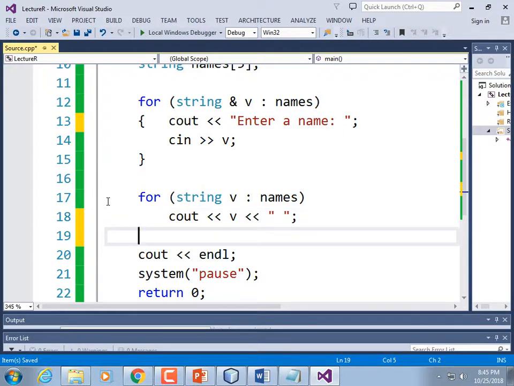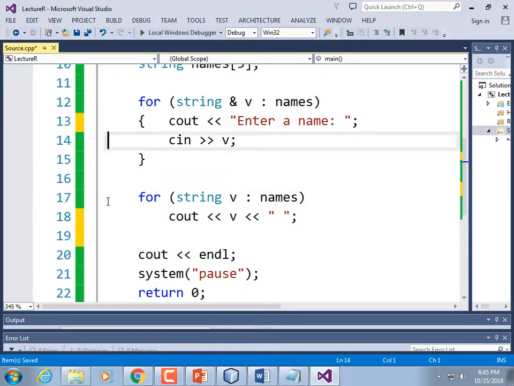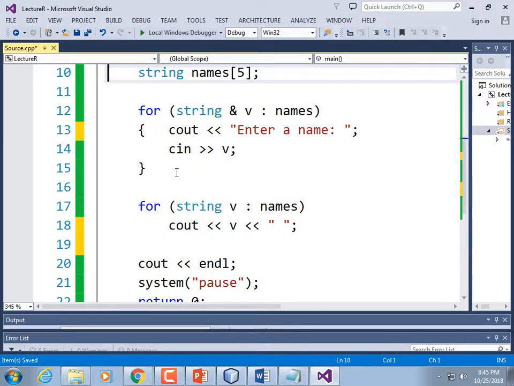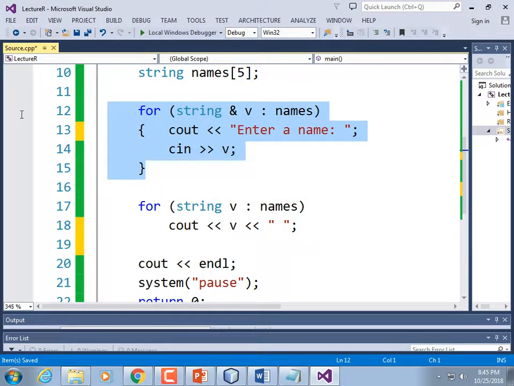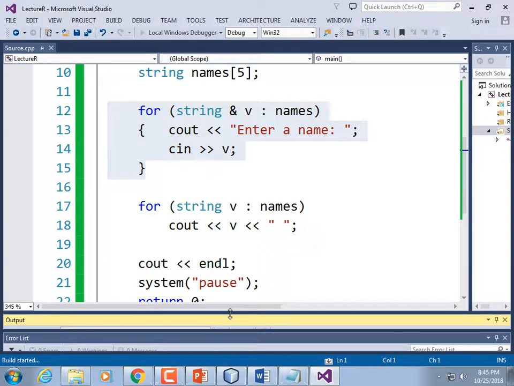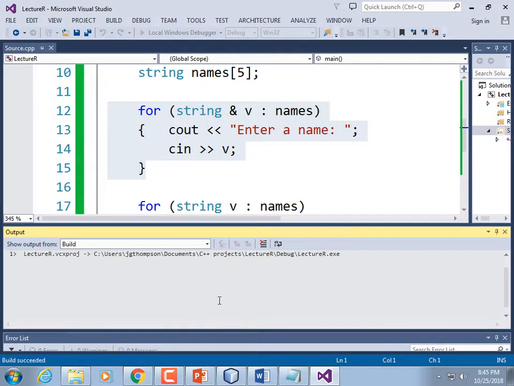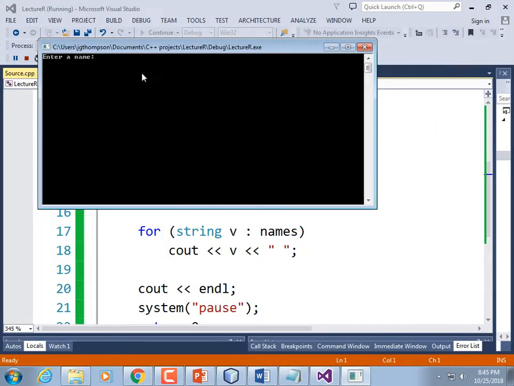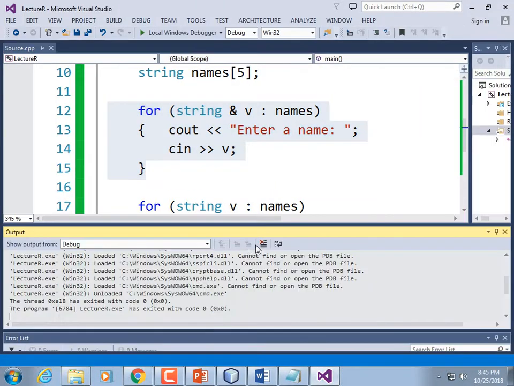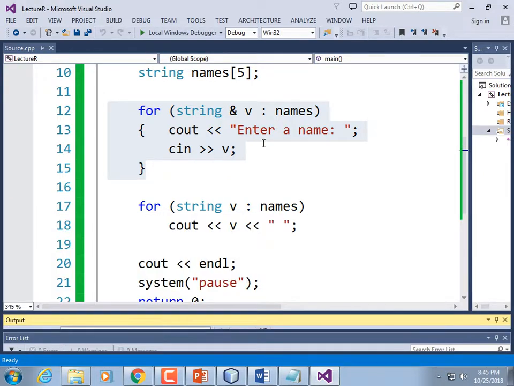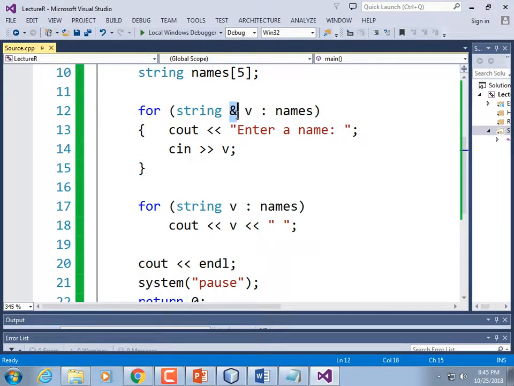So are you not setting a value into names? Isn't that weird? I never do it this way personally, and I'm probably not going to demonstrate it again. But let's make sure this works. Joe, Bob, Ann, Sally, Sam. Yep, it works. The reason why is that when this is iterating through it with the ampersand, meaning a reference,